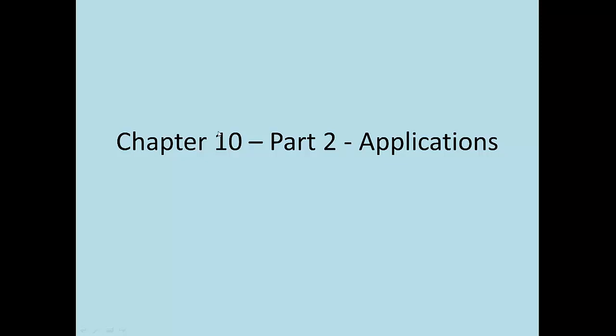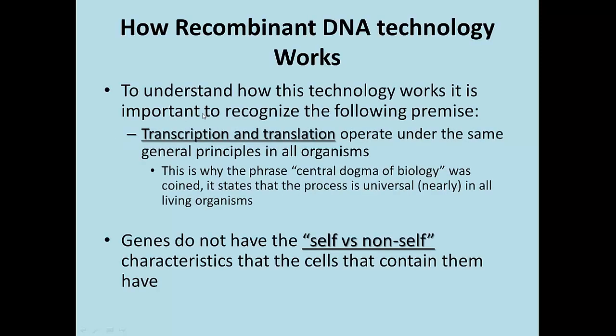Before we get into that, I want to point out a basic premise. It's important to understand how this is even possible. So when it comes to Mother Nature, there is a universal genetic code, and that code, being universal, allows for genes to be moved from one organism to another and encoded and decoded the exact same way, and that refers to transcription and translation. So that the genetic codes of DNA are universal, and that transcription and translation operate under